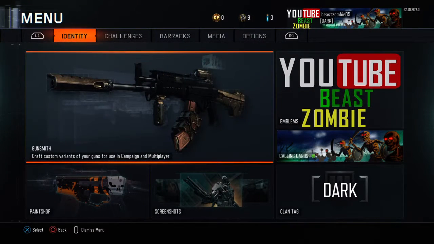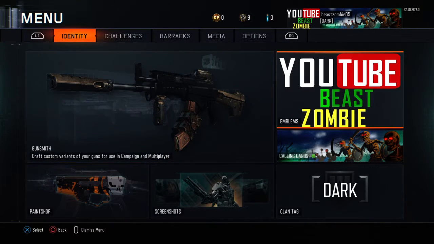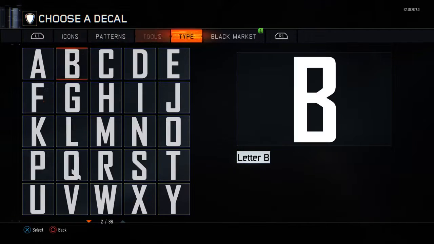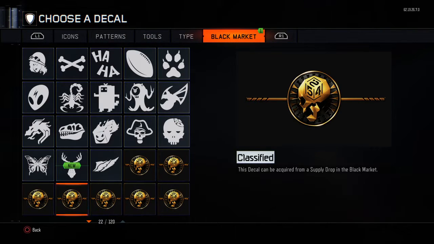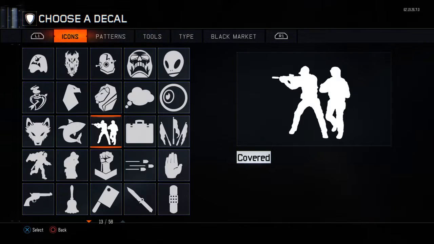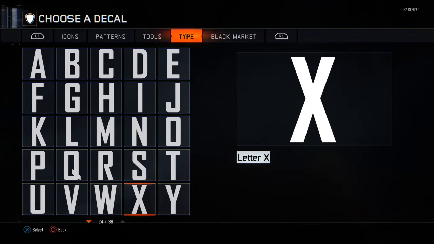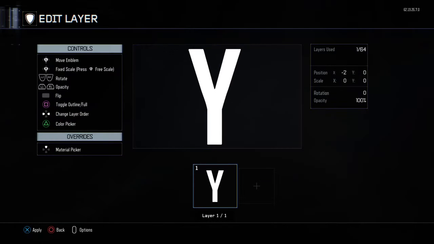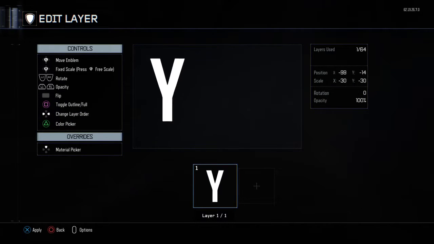So you just want to head over to the identity, go to emblems and create new, and this is what we're going to be starting off with. It depends on what kind of font size you're wanting to use. If you wanted to go with, let's say, a normal size one, you'd probably want to start with the U part first. So let's say about this big,